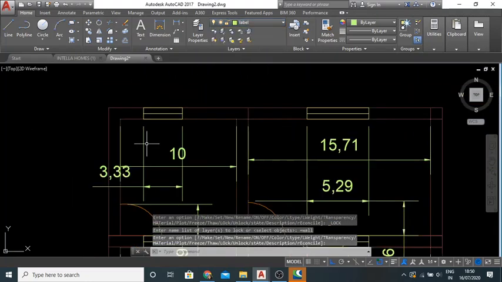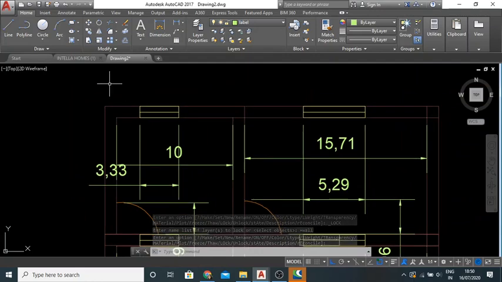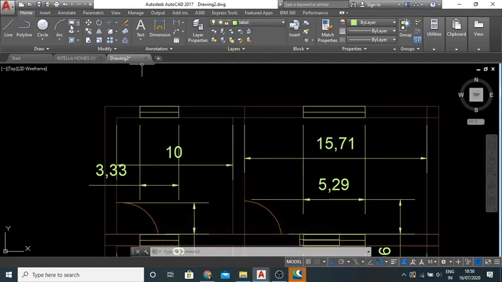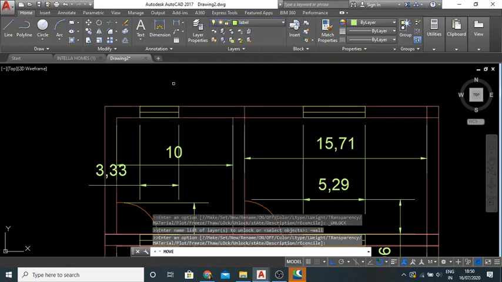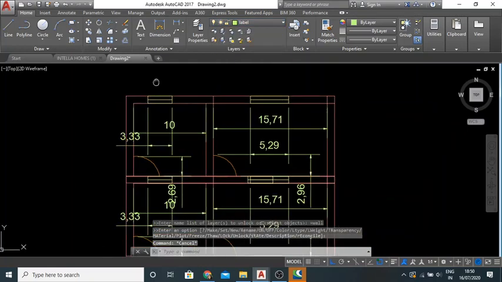Now we cannot change anything in the wall layer. If I use any command, for example move, a lock layer icon appears, so we cannot change anything if the layer is locked. If we want to unlock it, select here again. Escape.